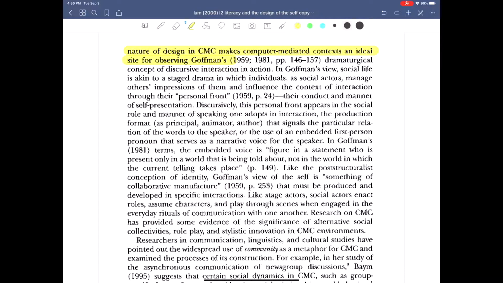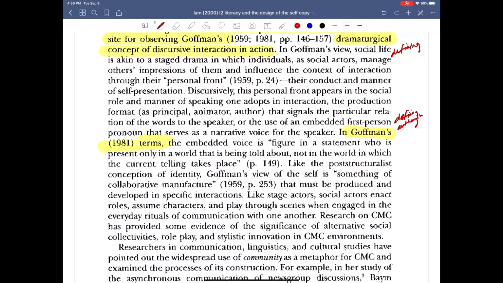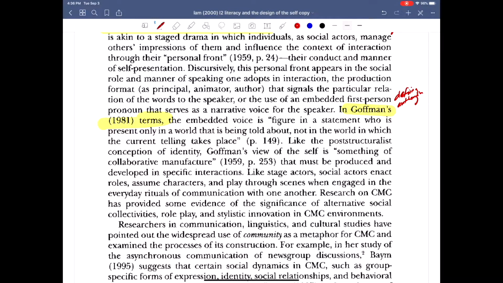More defining, because I know that this is a very important part of her paper. One way that's kind of easy to help figure out when defining is happening is when they use something like this, like in Goffman's terms. You know that she's also kind of doing authorizing, right? She is building on the authority of Goffman, and Goffman is a very famous sociologist. So she's building on a very solid foundation. I think I might have mentioned that in the close reading video. This is more defining of how Goffman